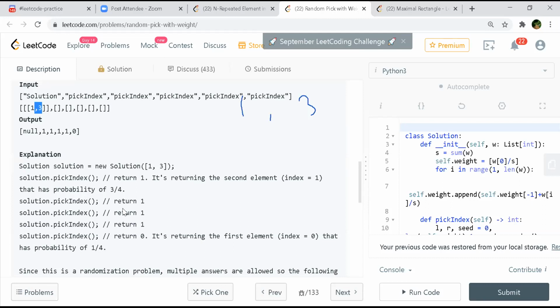What if I put in an array 1, 3 times? Then whenever I want to pick a random value, I can pick any one of them, so the probability will be correct, right? Now I'm picking from an array of size 4 instead of an array of size 2.